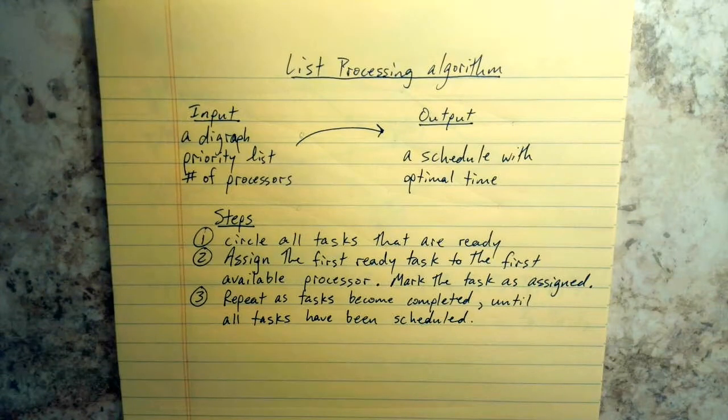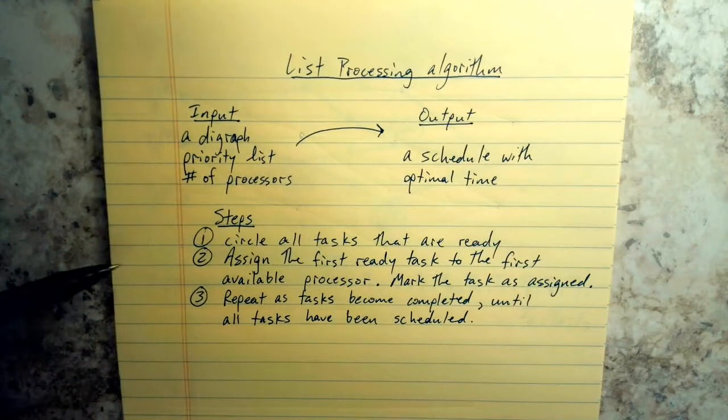And the schedule will have the optimal time, which means the shortest total amount of time that it takes to schedule all these tasks on this number of processors given this priority list. So here are the steps to the algorithm, and we'll actually run through this. This will make a lot more sense, I think, when you see an example, but these are the general